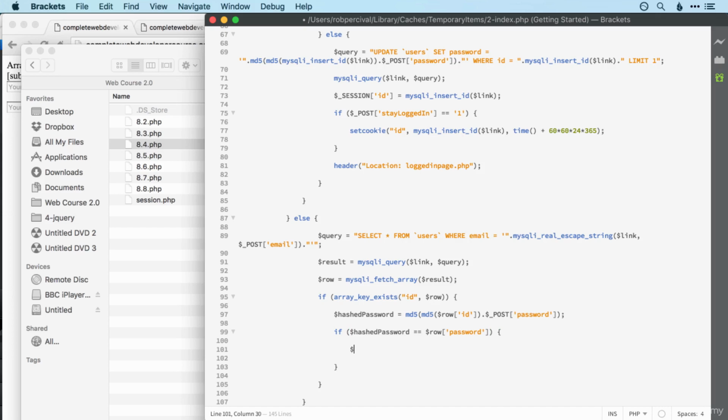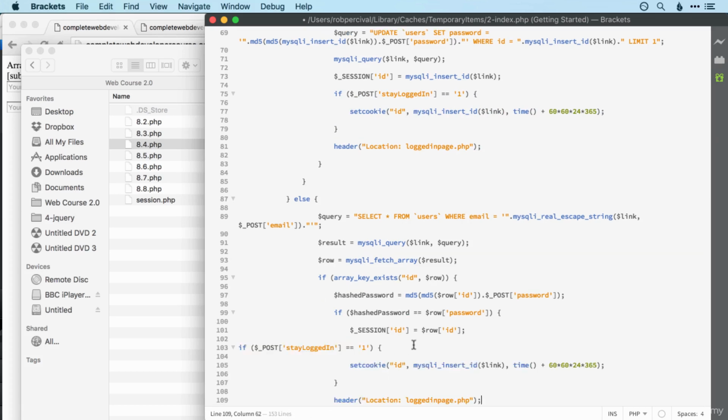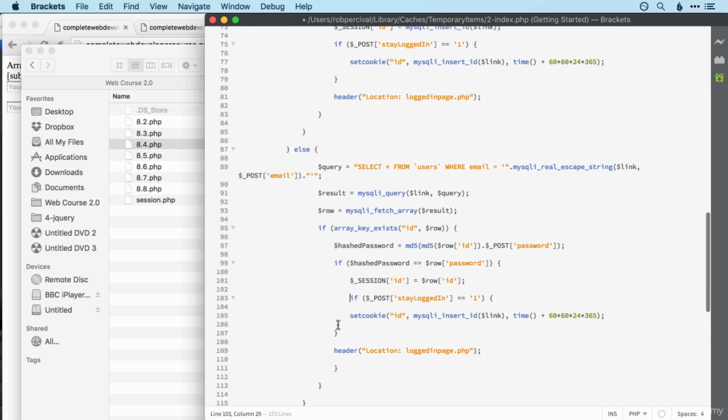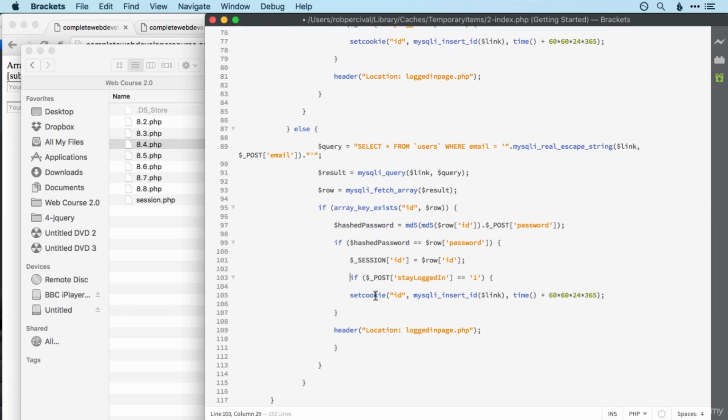So if it is, then we want to set the session ID to the row ID. And we also want to set the cookie if necessary and redirect. Now, I probably should put that in a separate function because I'm using it twice, but I'm going to be a bit lazy here. We've got a lot of new stuff, and I think it's probably slightly simpler to just have this